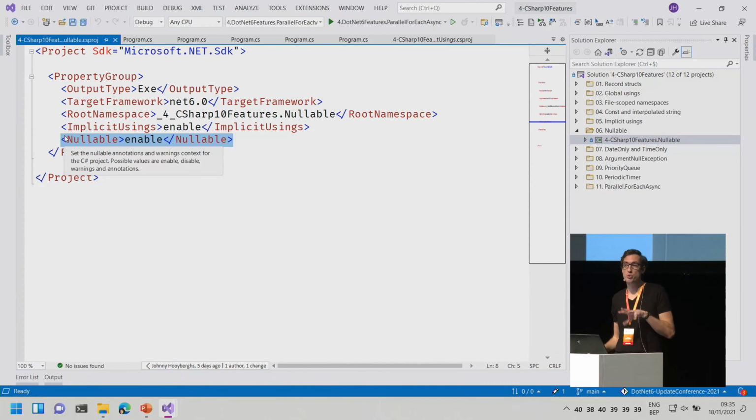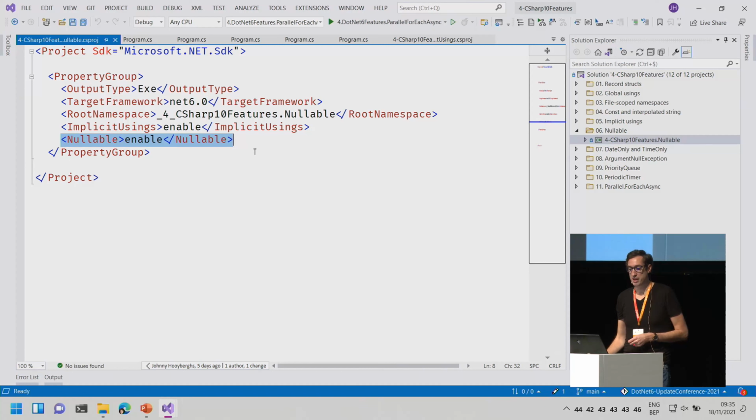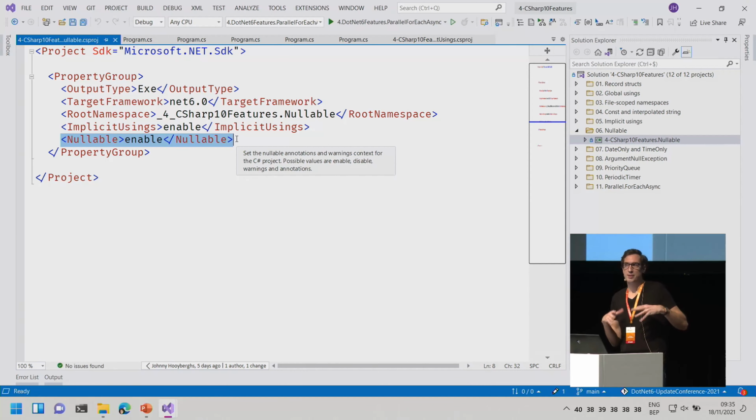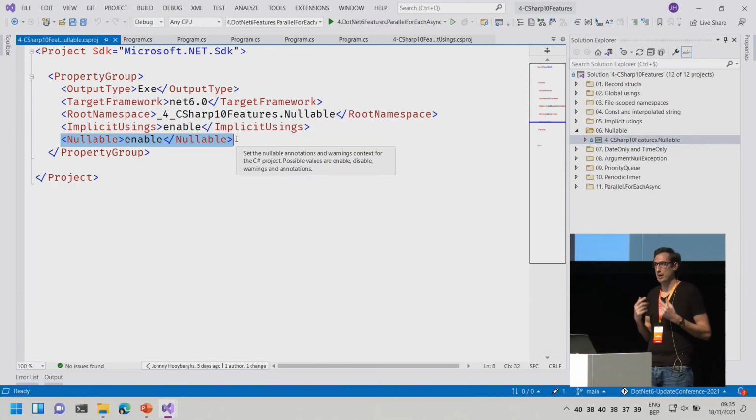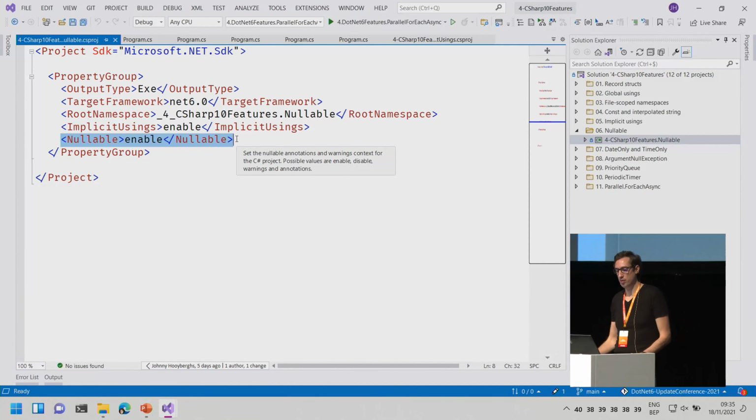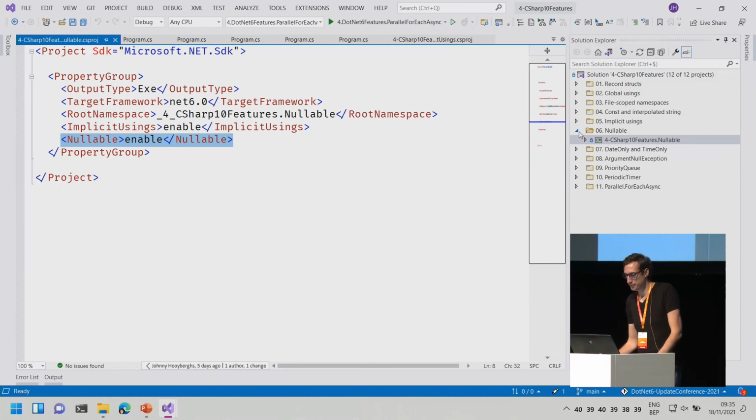So again, if you're not using that today, it's going to be a little bit confusing for you because you will get a lot of warnings from Visual Studio and from .NET that will tell you this reference type can be null, you're making a mistake. It's just because this little parameter is here. If you don't like that, you can remove it. But again, I didn't like that, but I'm trying to teach myself to really use that and to work more with non-nullable reference types.